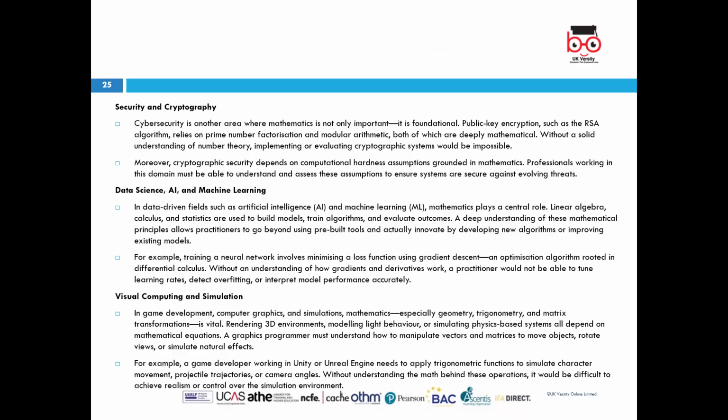Cybersecurity is another area where mathematics is not only important, it is foundational. Public key encryption, such as the RSA algorithm, relies on prime number factorization and modular arithmetic, both of which are deeply mathematical. Without a solid understanding of number theory, implementing or evaluating cryptographic systems would be impossible. Moreover, cryptographic security depends on computational hardness assumptions grounded in mathematics. Professionals working in this domain must be able to understand and assess these assumptions to ensure systems are secure